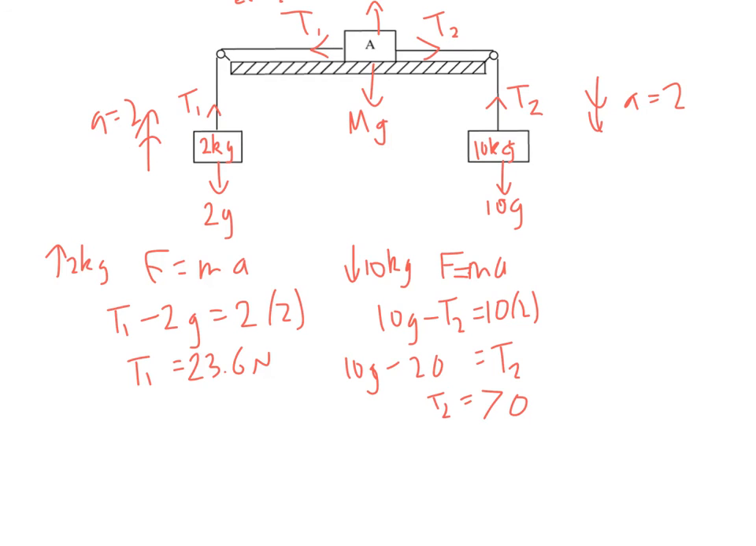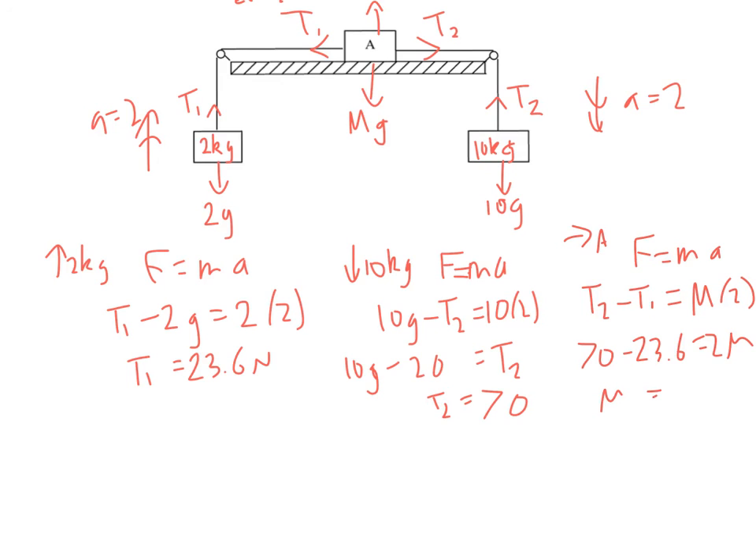So let's consider finally then the particle A going to the right. It's accelerating, so F equals ma. F is the net force, so going to the right, T2, opposing that, T1, so minus, and then its mass, we don't know, we called it m, and the acceleration is 2. T2 is 70, T1 is 23.6, and that equals 2m. So m is 70 minus the 23.6, divided by 2, gives 23.2